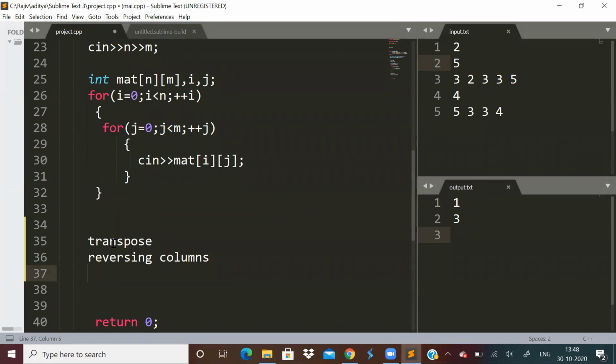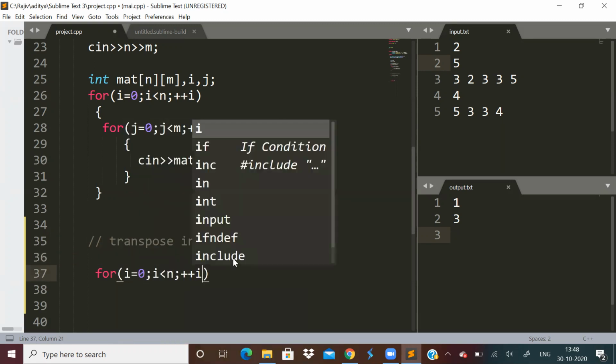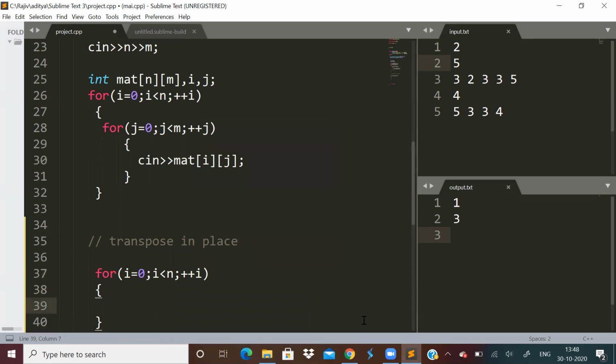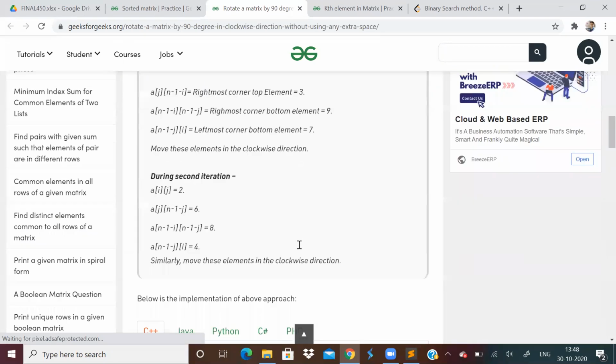So how to do the transpose of a matrix in place? We will be using the transpose of the matrix, but we will be doing it in place. To do that, for i equal to 0, i less than n, plus plus i. The input of the matrix is R cross C, I think.